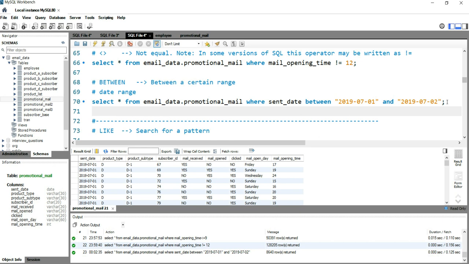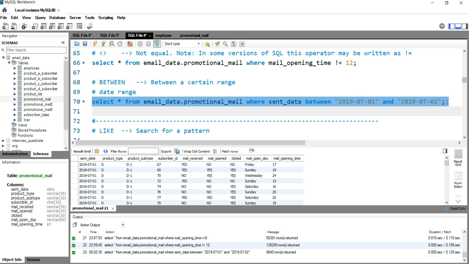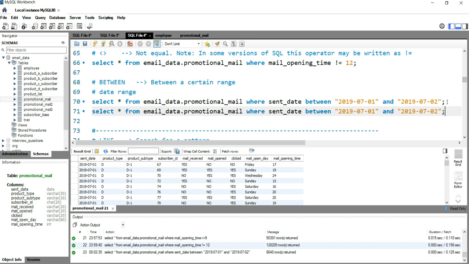Let's see whether we can use between for numeric or not. I know that we can use this for numeric. So we'll copy this same query, and instead of sent date, we will be using the mail opening time.